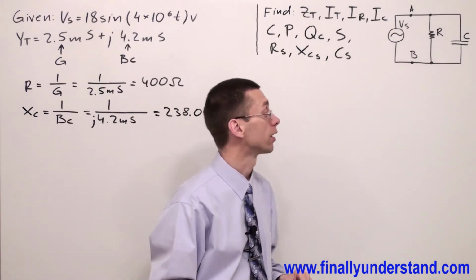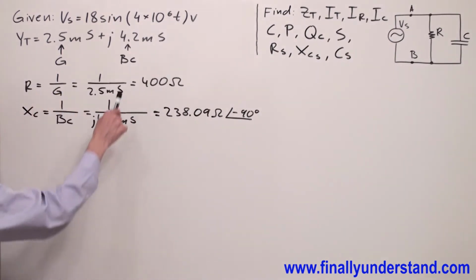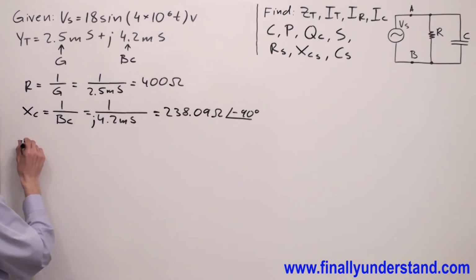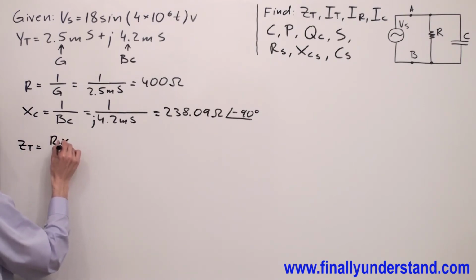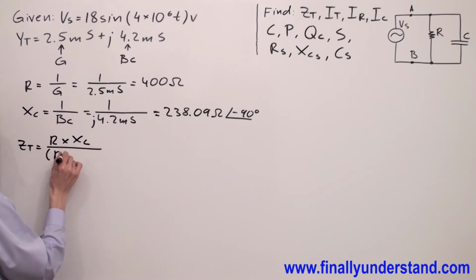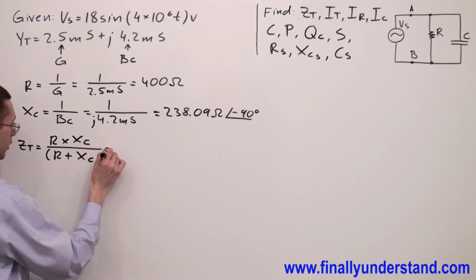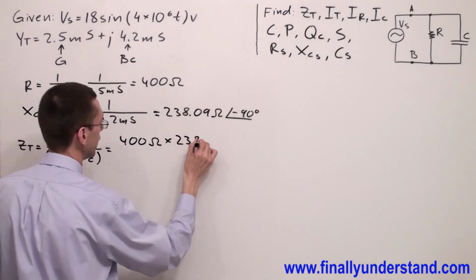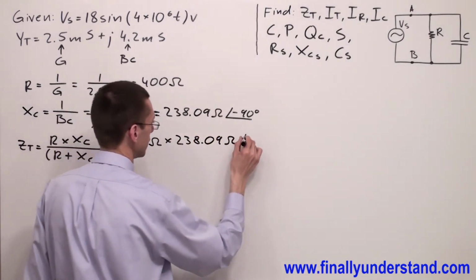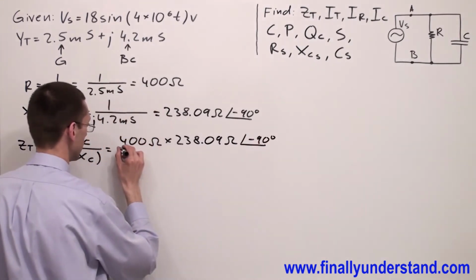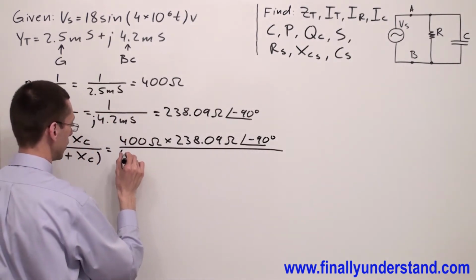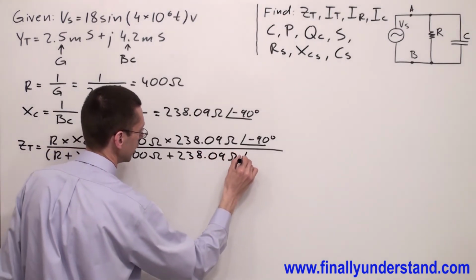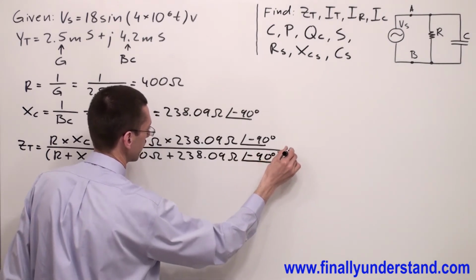Because I have two components connected in parallel and both values of the resistance and capacitive reactance I found, so I can use Z total is equal to R times X of C over R plus X of C, which is equal to 400 ohms times 238.09 ohms and angle of negative 90 degrees over 400 ohms plus 238.09 ohms and angle of negative 90 degrees. This is equal to